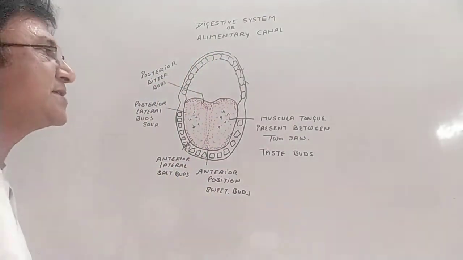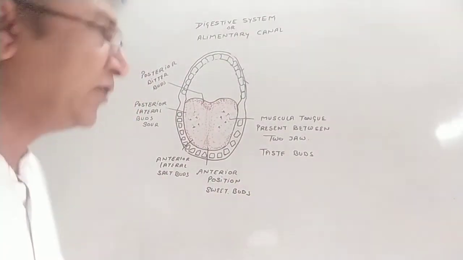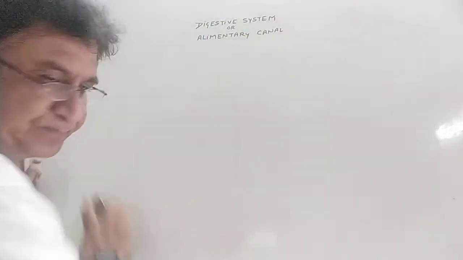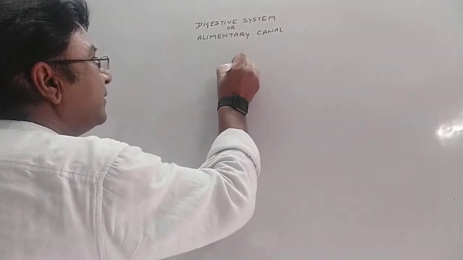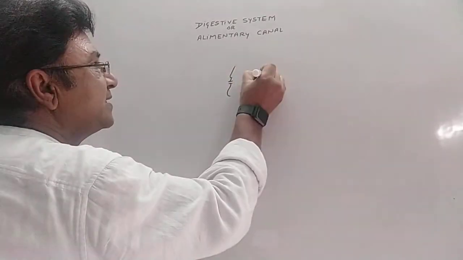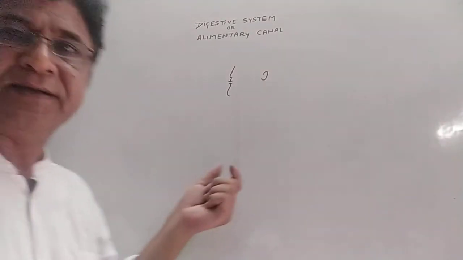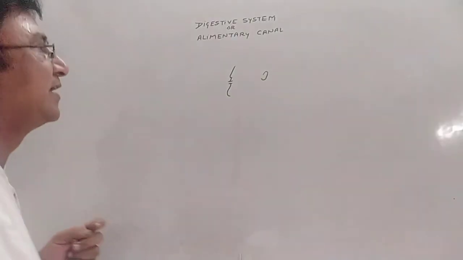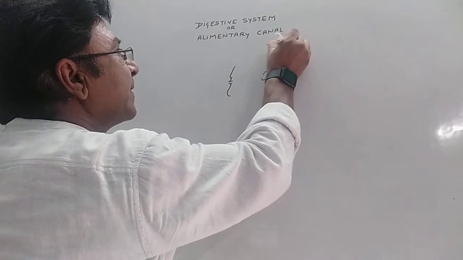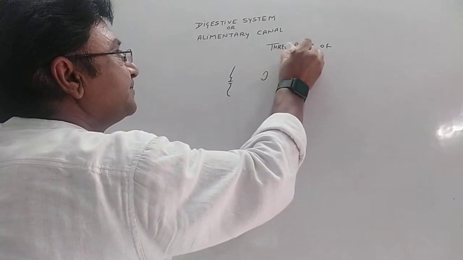So this part of the buccal cavity, or the oral cavity, or the mouth, teeth and tongue should be clear to you. Let us take another part, that is called the salivary gland, which is also present in the mouth only. For that we have to make another diagram. Now, we will not make a full-fledged diagram of a human being. Just to understand the position of the salivary gland. There are three pairs of salivary glands. Remember that there are three pairs of salivary glands.